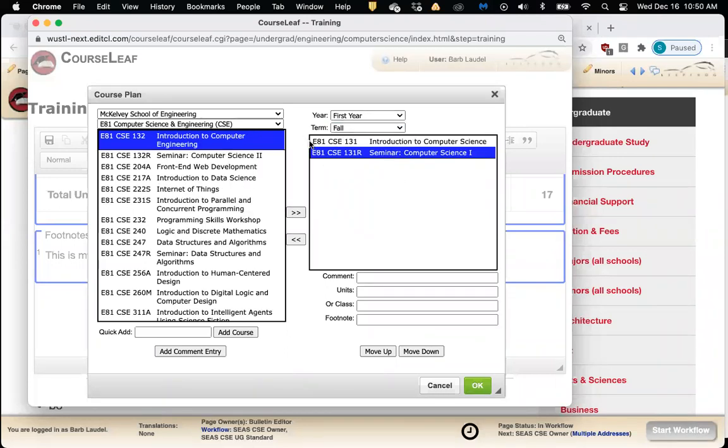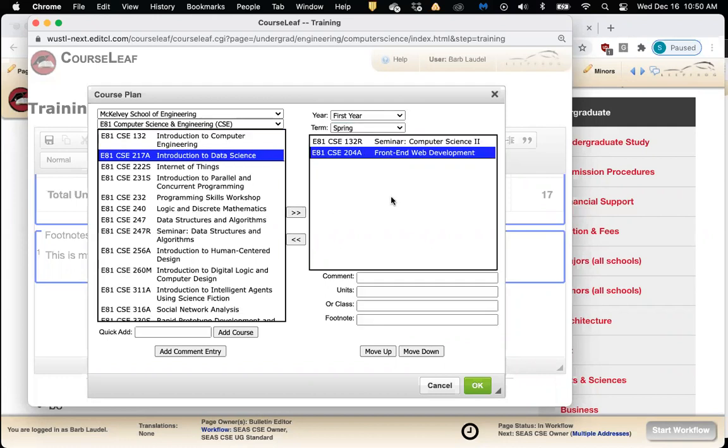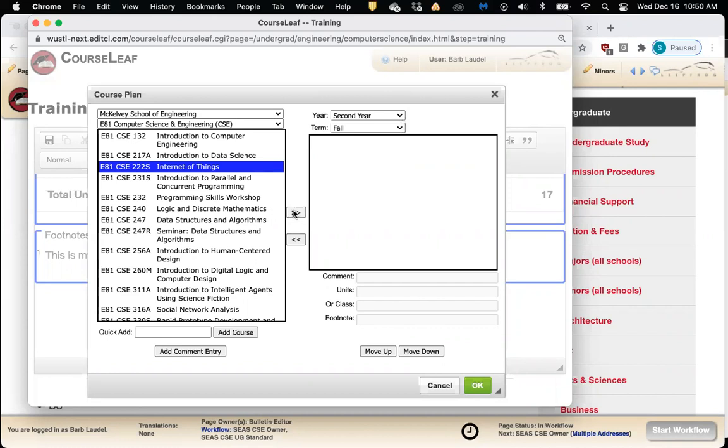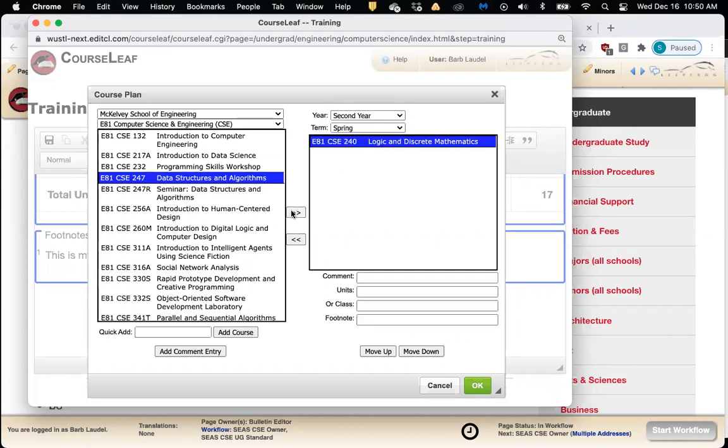So first year fall, they're going to take these two courses. First year spring, they're going to take these two courses. Then second year fall, these two courses. Second year spring, these two courses.